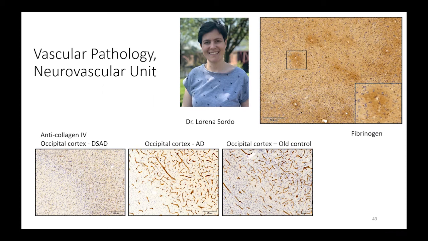So we can talk about vascular pathology and other pathologies all in the same set of cases, all on that x-axis that's going to be the same. Lorena Sordo just joined us as a postdoc from Scotland, where she did a huge amount of work on the cat model of Alzheimer's disease. Beautiful work. So she's starting to look at some of the vascular pathology. And of course, this has been a really exciting area of research in the literature, with lots of great people looking at this, and we're taking a lot of hints from these folks.